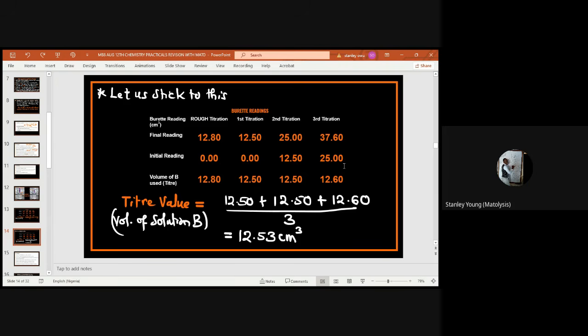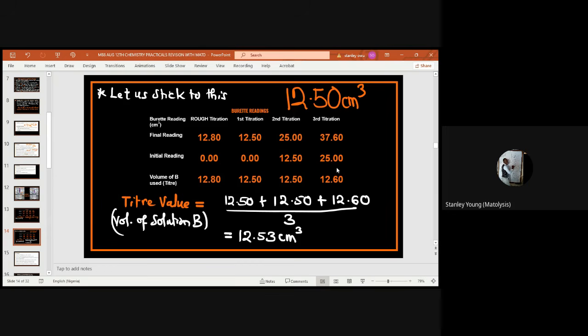But because time is a major factor here, you have to manipulate; you need to be that smart. So what do you do? You can just carry out the first iteration, after the rough, get your volume of B used, then manipulate the rest. For the sake of your exam, no matter how much they want to twist your paper tomorrow, twist your examination for this particular